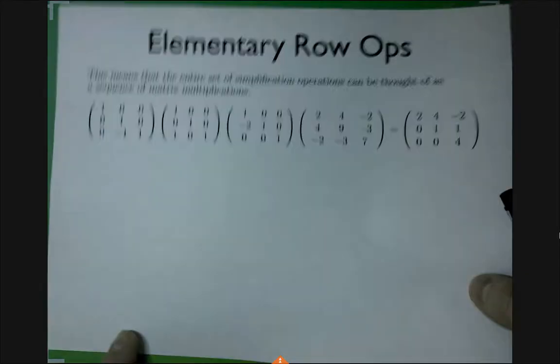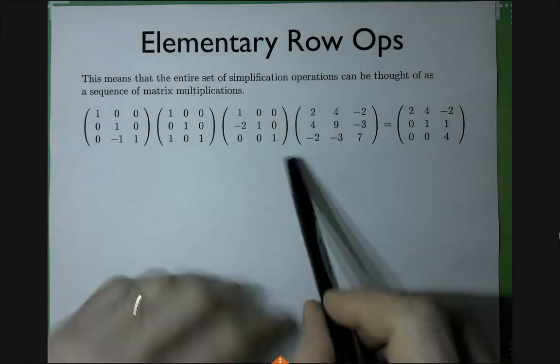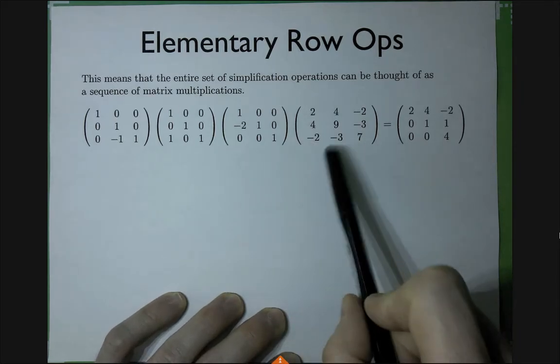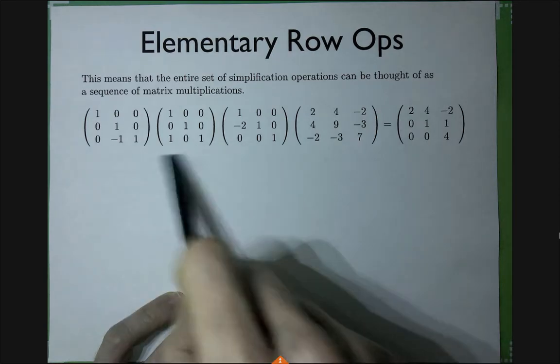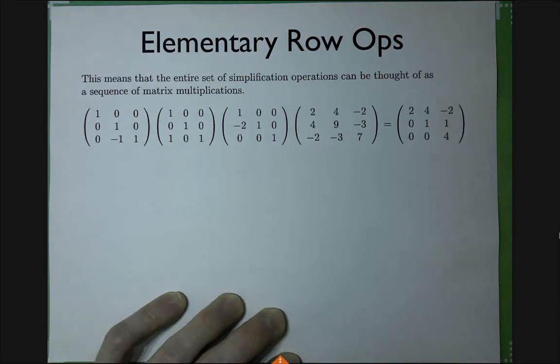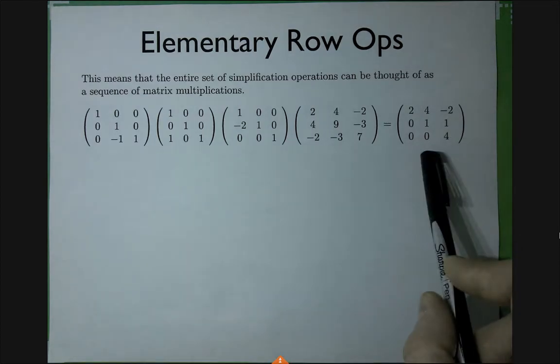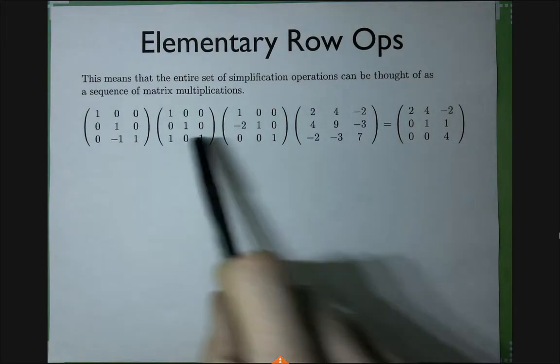So the cool thing here is these elementary row operation matrices, right? Because essentially this was the input matrix. That's what we started with, the input to our problem. And here are the elementary row operations I applied to convert it to an upper triangular matrix by Gaussian elimination. Notice that this matrix is upper triangular, and these matrices are lower triangular.